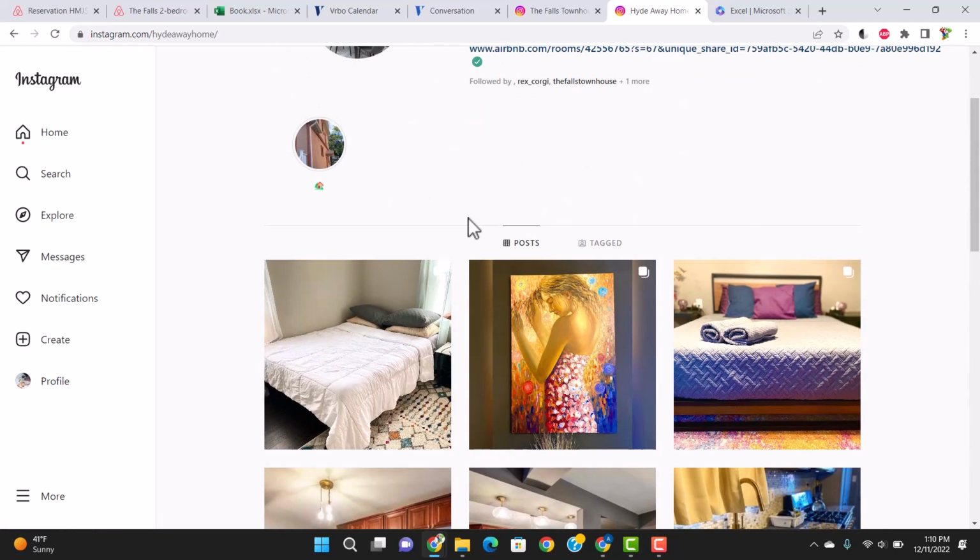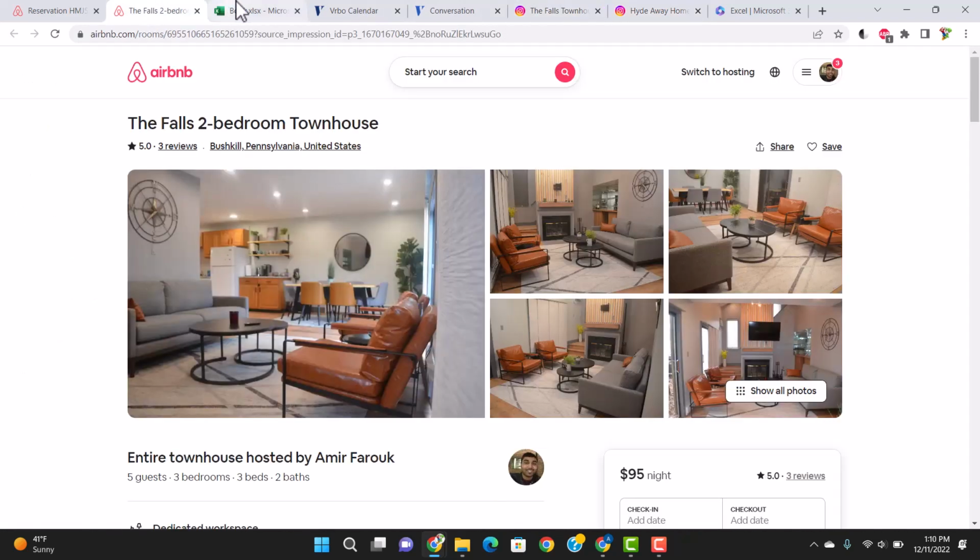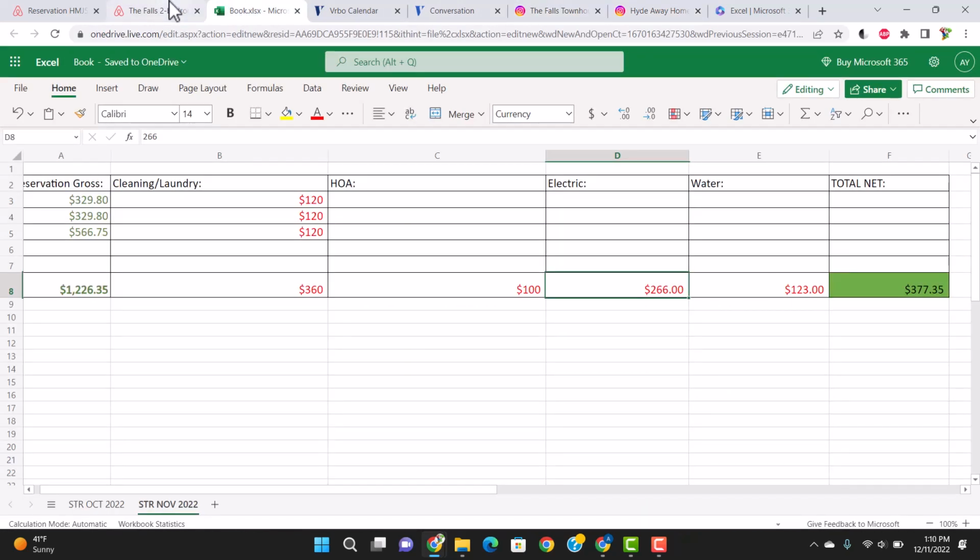And I host other Airbnbs as well, and I've been noticing this trend in them. I am gonna do a separate video going over that and showing the calendar. Because these are not my own Airbnbs, I'm waiting to get permission from the owners before I do a video sharing the calendar on YouTube. So for now, this is basically the update on